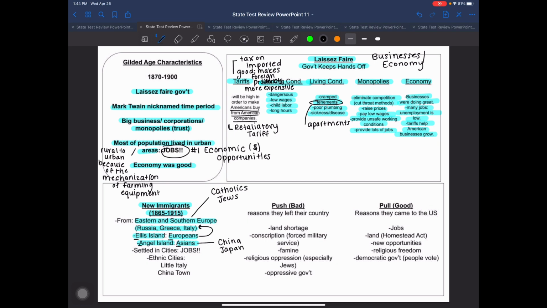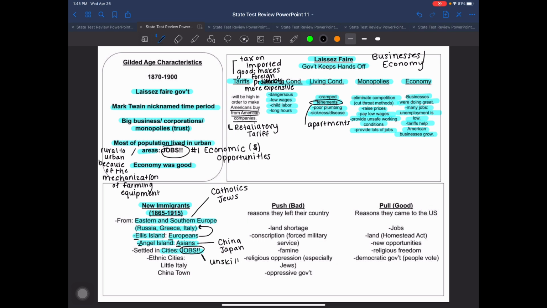All right, and to be honest with you, these guys, they look different. They definitely have different religions. They come from different government backgrounds and things like that. Right here, the majority of immigrants are going to settle in cities, and here we go. I've already told you the number one reason anybody ever goes to the cities, whether they are migrating or immigrating, is for jobs.